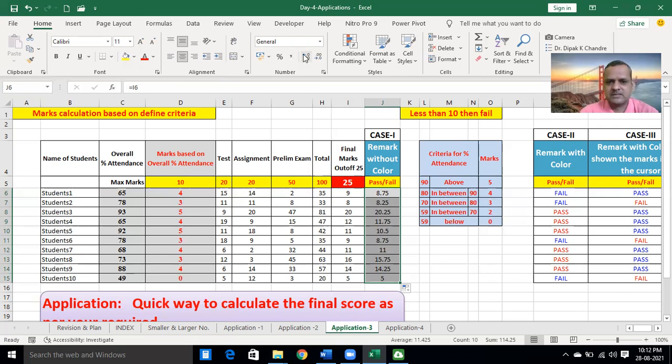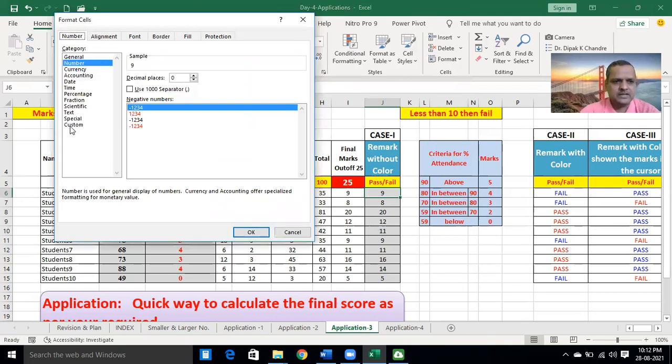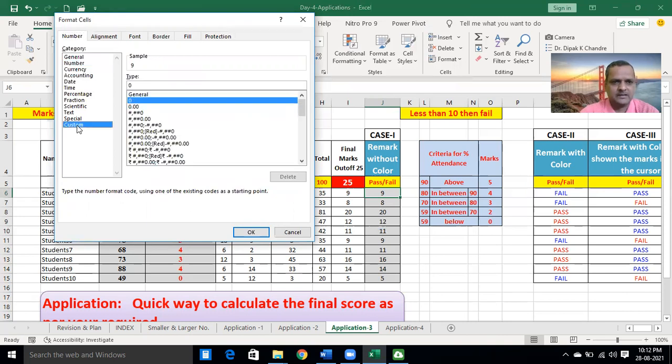See, if we change the decimal places, now this mark and this mark will be same. How to change this one? Just select the first cell and click in Number, the number arrow, and this dialog box appears. Then go in Custom setting, category Custom, and here you need to insert